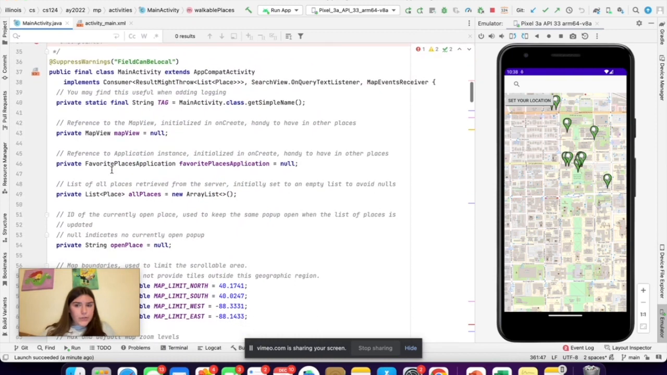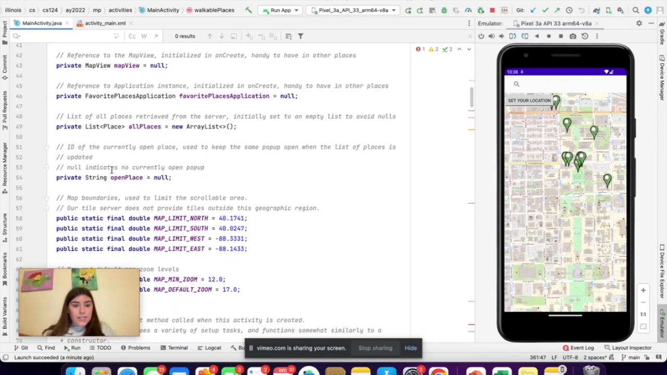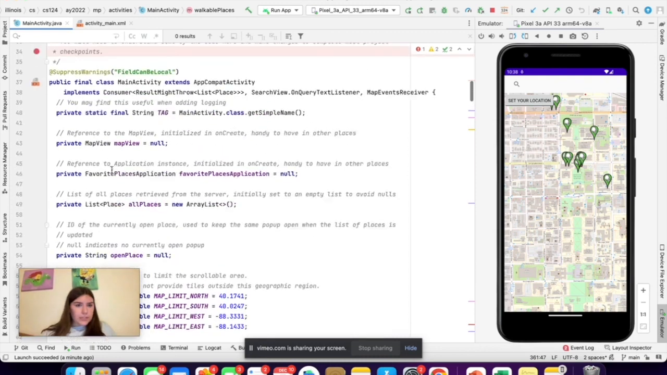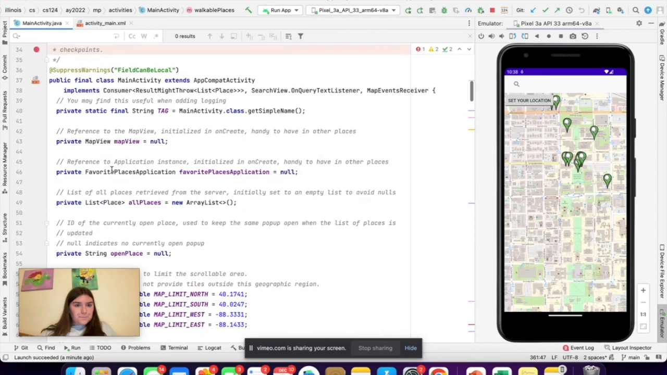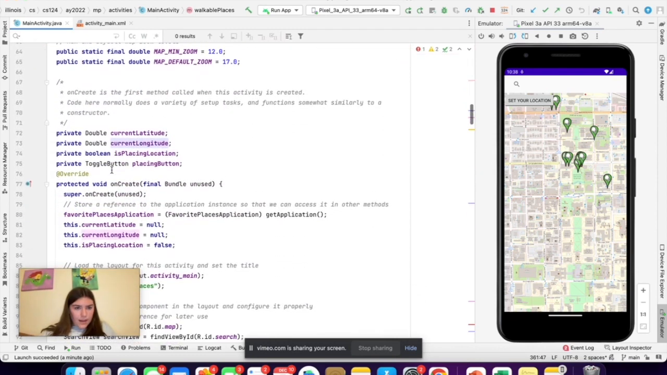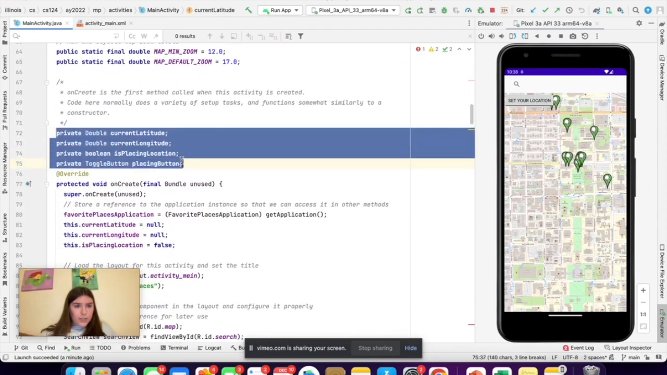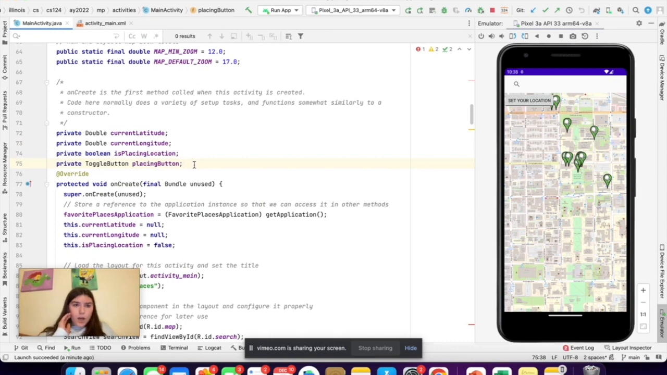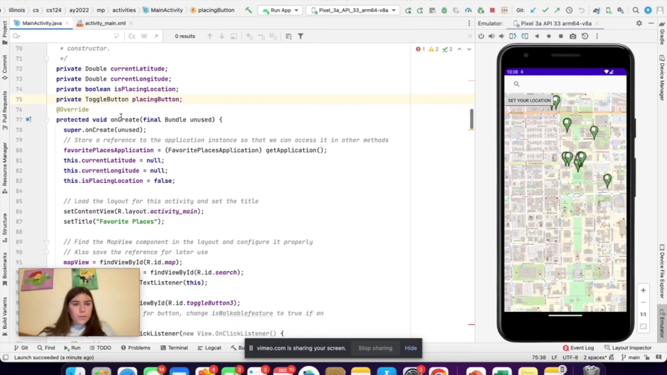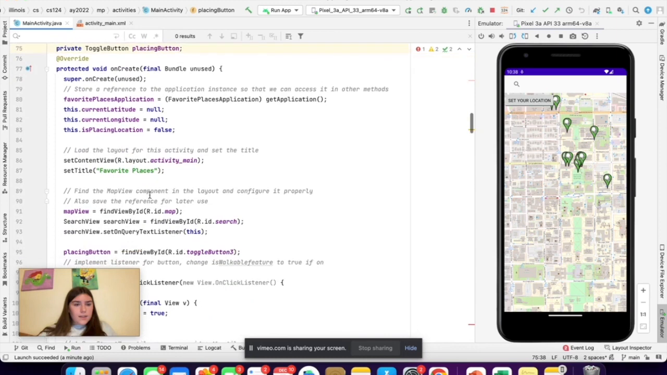So, in order to implement the button into prompting you to set your location and then setting it and then finding those walkable places, I added these new variables, current latitude, current longitude, the Boolean is placing location, and the toggle button, placing button, right above the onCreate. I then